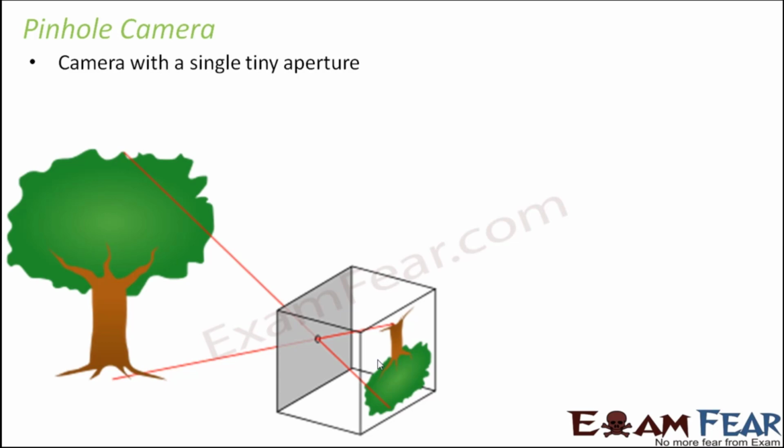If you want to construct a pinhole camera, again it is very simple. All we need to ensure is that there is a box with a completely black interior and a tiny hole. In a pinhole camera, there is no lens involved. Light from the object passes through the tiny hole and projects an inverted image on the opposite side of the box.